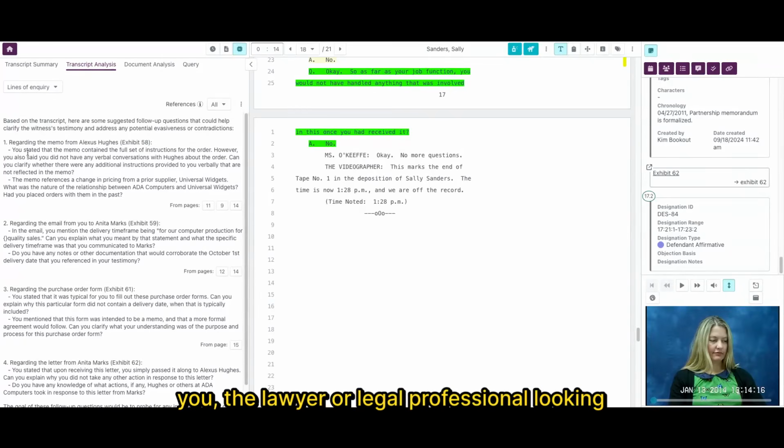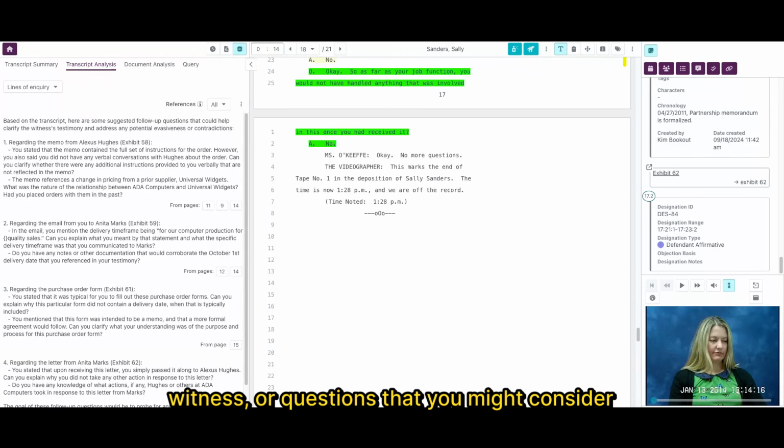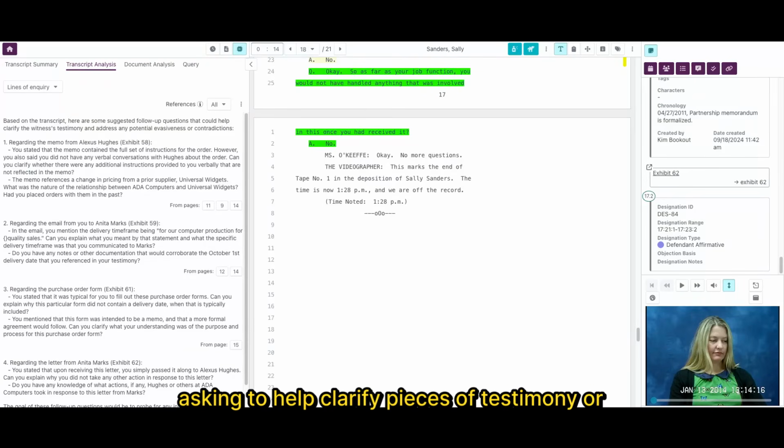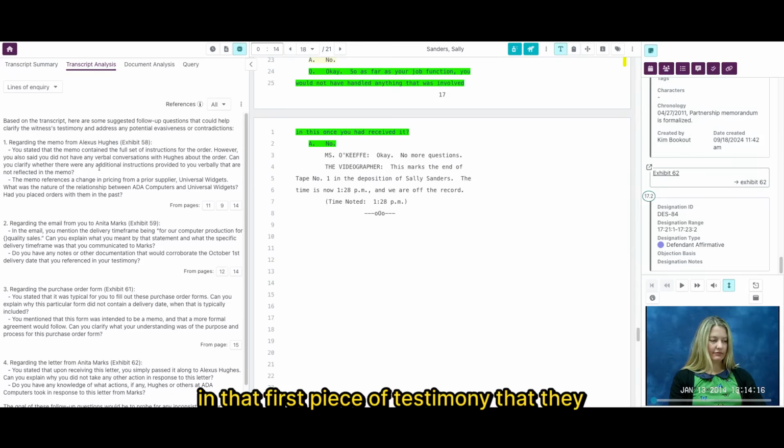And it's going to give you, the lawyer or legal professional looking at this transcript, suggested questions that you might want to either prepare that witness to handle when they get in front of another person that's going to question them if they're your witness, or questions that you might consider asking to help clarify pieces of testimony or hone in on things that might be apt to be questioned because they weren't super clear in that first piece of